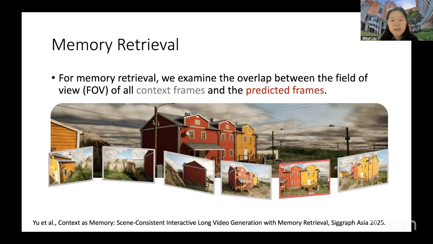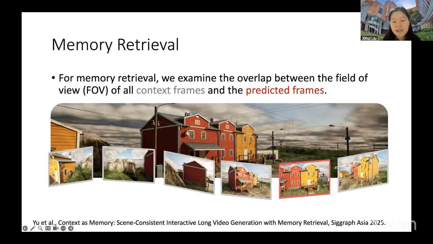So in this scenario, we can simply take the overlap of the camera field of view of the context frame and the predicted frame as a signal for picking the keyframes.